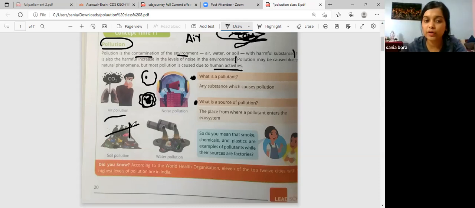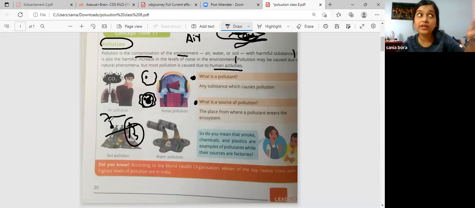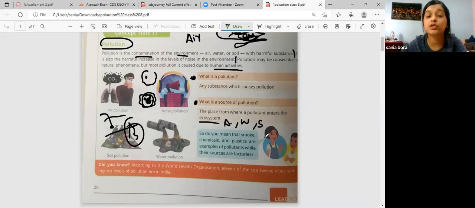So when you are washing your clothes, that is a source, right? For example, throwing garbage in the water is also a source. From where the pollutants are coming, from where pollutants enter into the ecosystem, it can be air, it can be water, it can be soil, right? Wherever it is coming from or entering into the ecosystem, that is known as the source